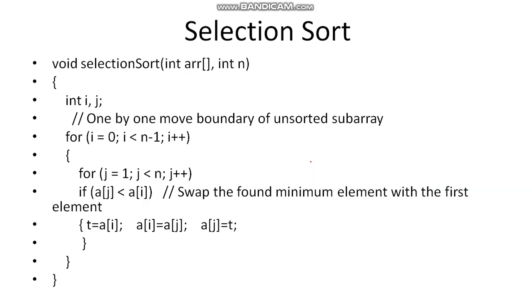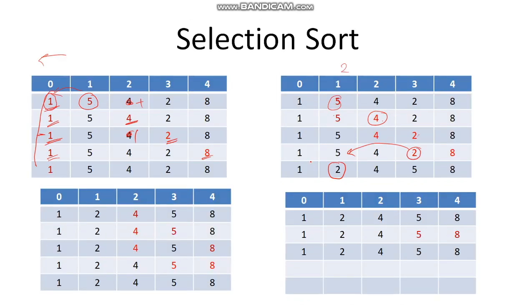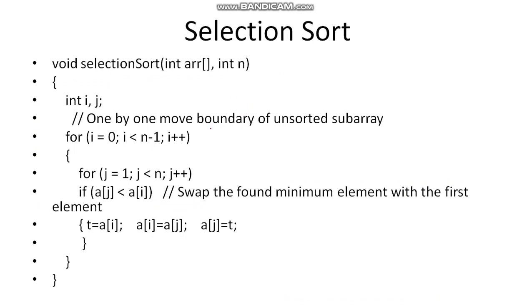Whatever this particular algorithm is, this is not this one. Some people write this selection sort differently. Suppose the array is 4 2 1 5 3 6 7. In that case 4 and 2 are compared, and an exchange will be done. 2 will come here and 4 will come, and 1 will be here. Then this 2 will be compared with 1, and 1 will come here and 2 will come here. So at every comparison the swapping will be done.